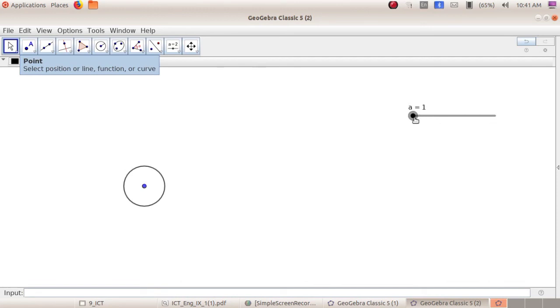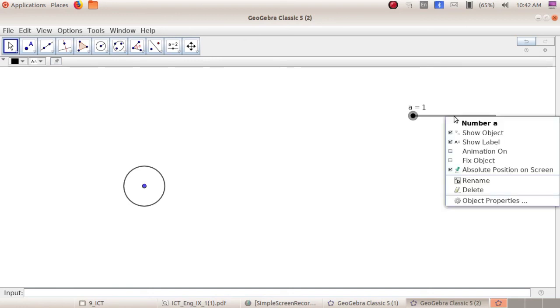Next, we can give animation to the slider. Let us try how to give animation to the slider. For that you have to right click on the slider and select object properties.